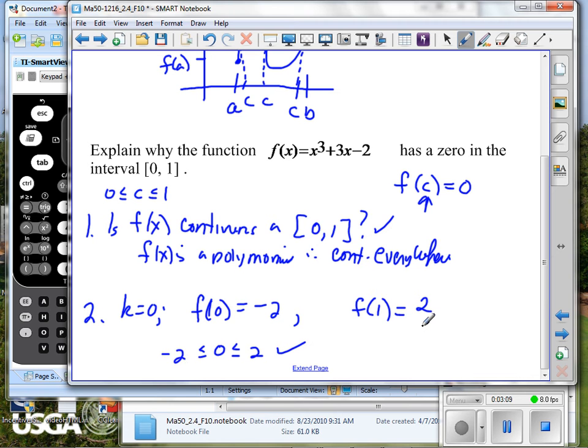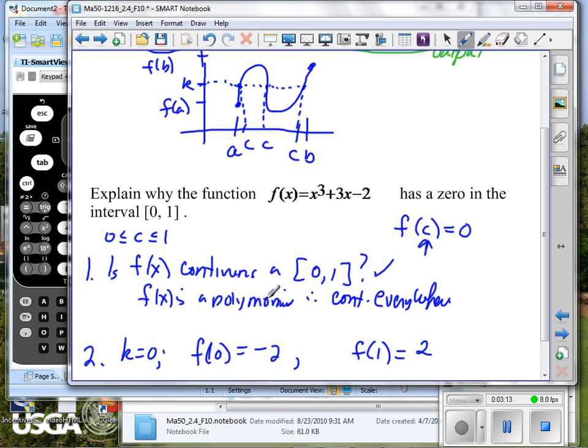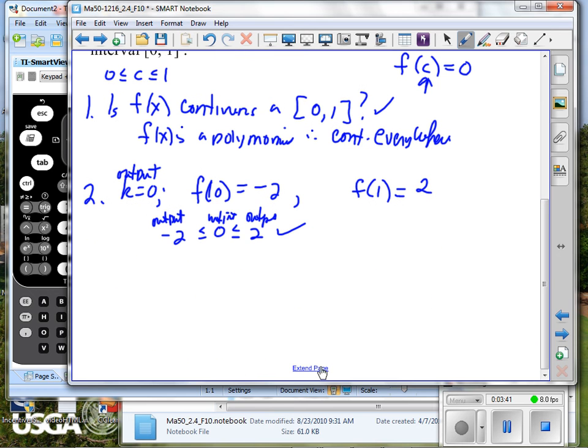Yes. Okay. Now, I have the condition that the function is continuous everywhere in the closed interval. I have the condition that the output value, I just better write that as output here, because if I go back tomorrow, I may forget that that's the output. So the output is between, and these are outputs also. And this is, I'll just make output here too. Okay. So is my output between the other two outputs? Yes. Okay. So therefore,